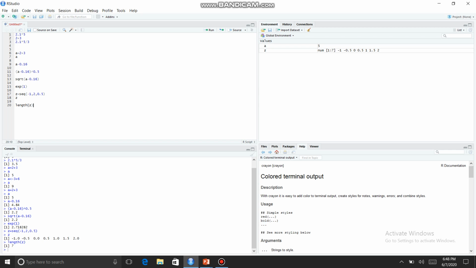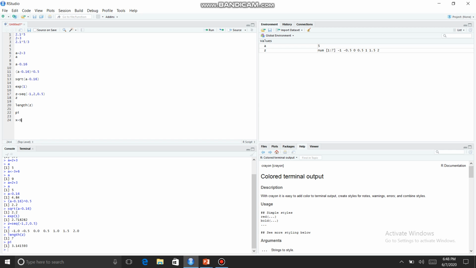Now let us find the value of pi. Type pi and run it. It shows 3.14 as the answer. Let us create another vector stored in a variable x.